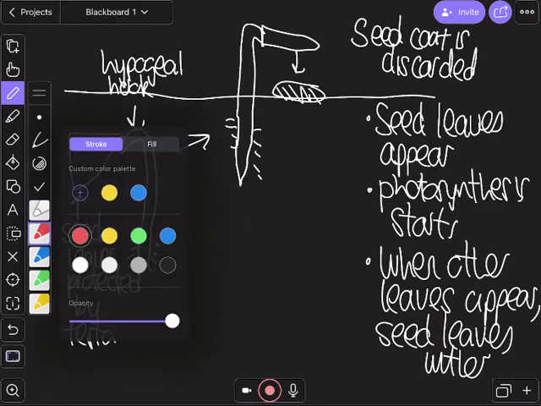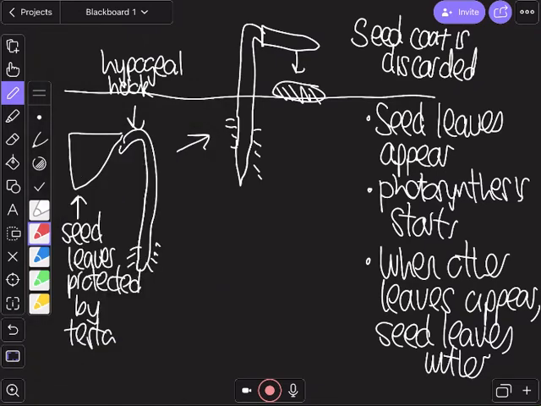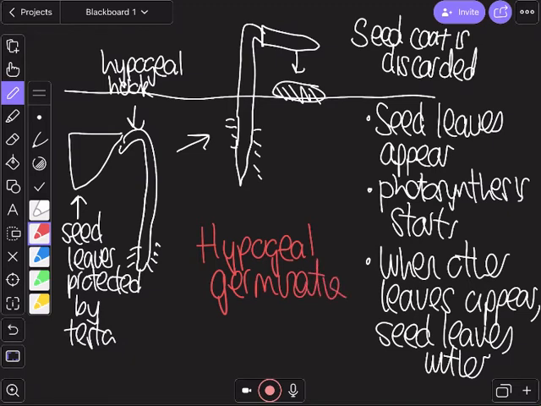So you have it written type of germination because the cotyledon comes above ground. It is called hypogeal germination. So to this day I still have issues remembering which is which. So in my head I try desperately to remember that the H means it goes high, so it comes out of the ground. That may or may not work for you.